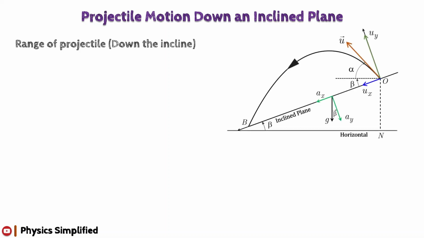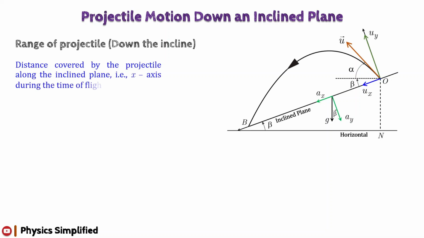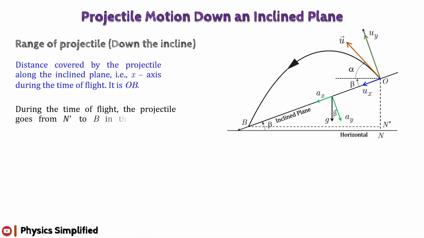Next, we will calculate the range of the projectile down the incline. For a projectile fired down the incline, range is the distance covered by it along the inclined plane during the time of flight. According to the figure, it is given by OB. If we consider the motion of the same projectile along the horizontal, then during the time of flight, the projectile goes from point N prime to point B with uniform velocity because there is no acceleration in the horizontal direction in a projectile motion. Since the initial velocity vector of the projectile makes an angle alpha to the horizontal, hence,